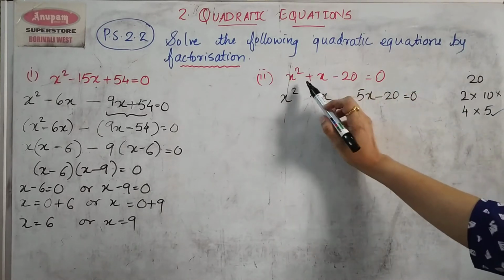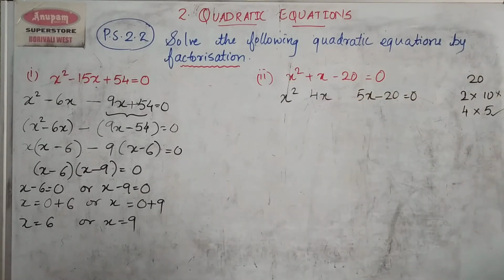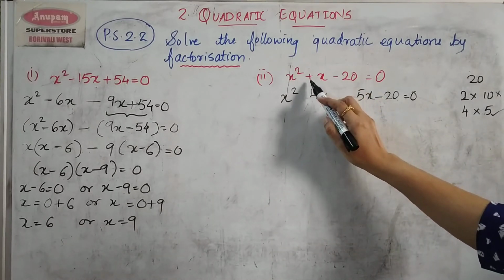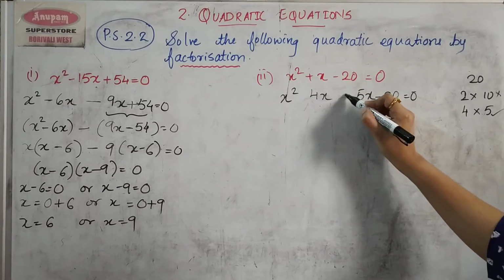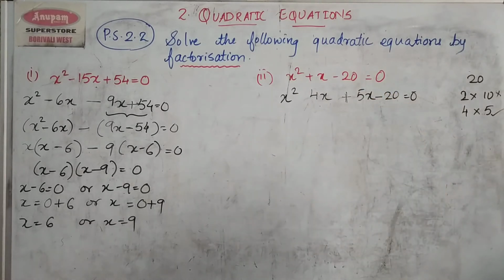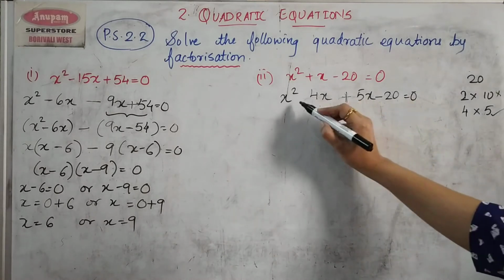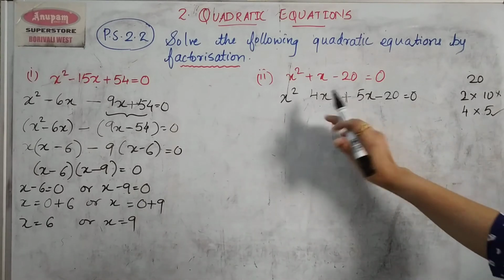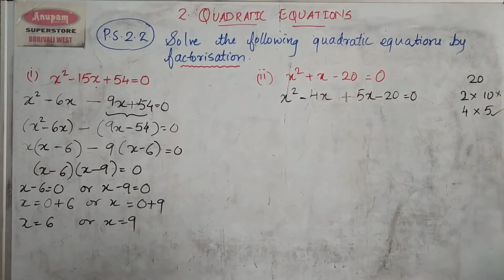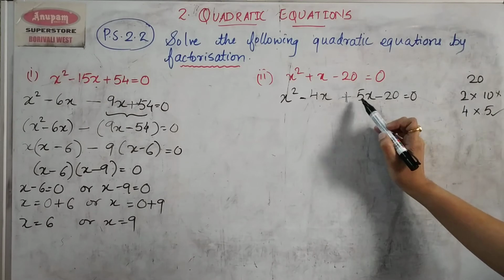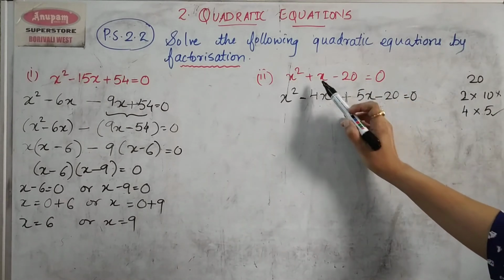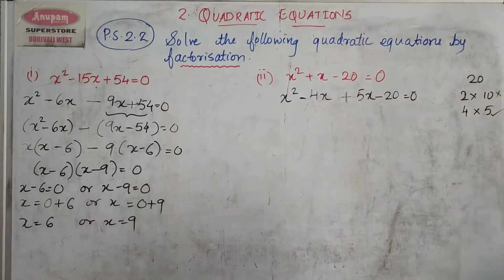Now, this sign I will put to the greater number. So let me check the greater number here. So this plus sign goes to the greater number or the bigger number, which is plus 5. Now, if I put plus sign here, children, then 5 plus 4 will become 9. I do not want 9 here. So I cannot put plus sign, I will put minus sign here. So now if you check, 5 4s are 20, plus into minus is minus. And 5 minus 4 is 1, and sign of a bigger number. That means we have used the correct numbers here.